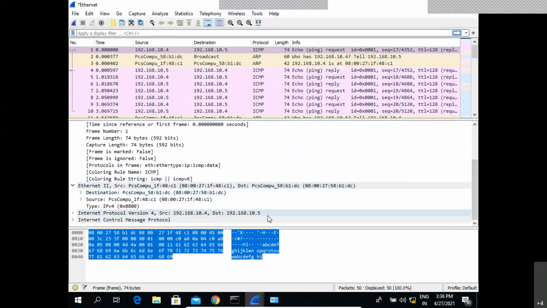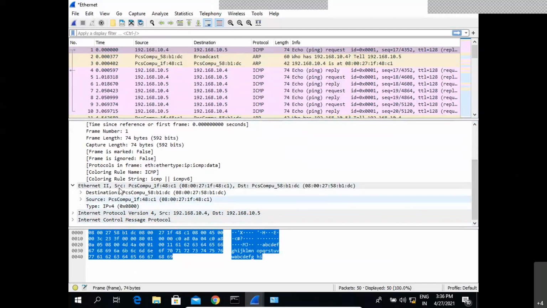Now in the Ethernet layer, there are two types of parameters used for the communication. What are the parameters used at the Ethernet layer? We have two parameters. One is called the destination MAC address. The other one is called the source MAC address, because Ethernet is directly talking to the physical layer of the system, right? And it also points to the kind of protocol connecting to the layer above it.